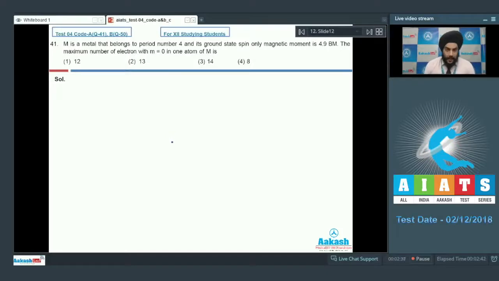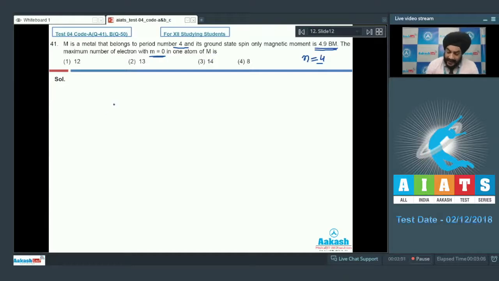Students, let us look at question number 41 now. M is a metal that belongs to period number 4 and its ground state spin only magnetic moment is 4.9 Bohr magneton. It means that the number of electrons which are unpaired is equal to 4. We have to comment on the maximum number of electrons with m equal to 0 in one atom of the